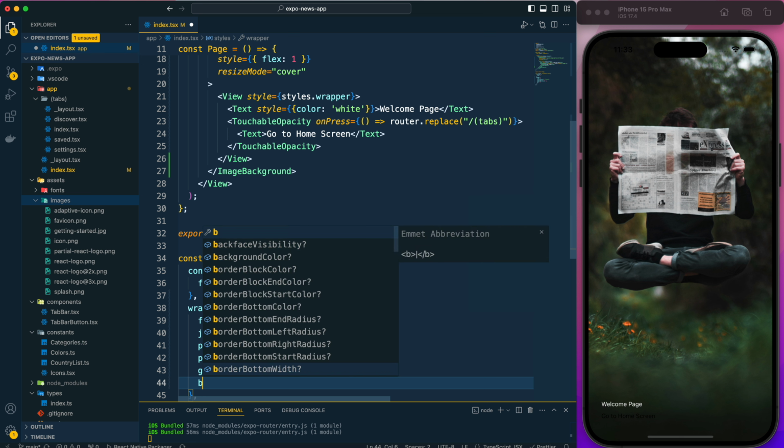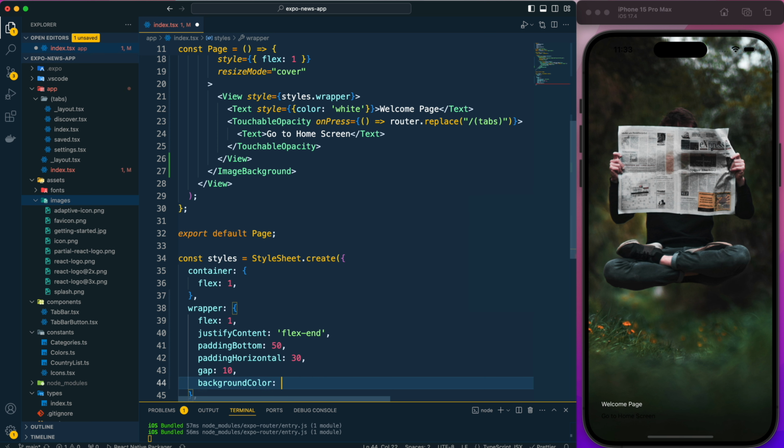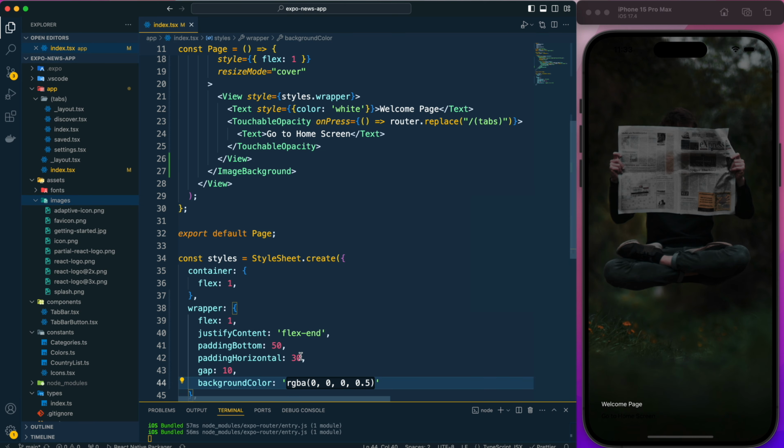But before that, let me provide a background color here, and that color would be RGBA color. I will provide black color with some opacity. So for this wrapper I have provided this background color, and now it is looking pretty good. So now we need